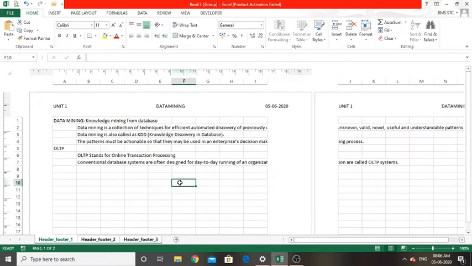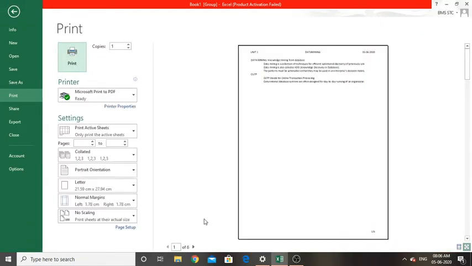So now it is copied to the other sheets also. Let's see the preview of the header and footer. Here you can see that it shows 1 of 6 because I selected all the working sheets and I copied the header and footer to all the worksheets,